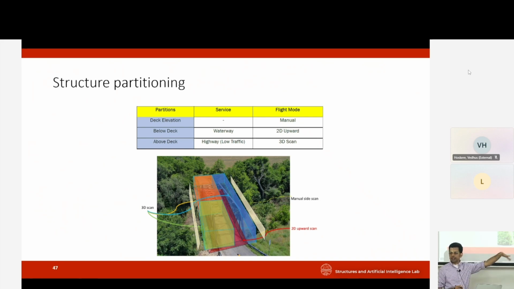Now these are disjointed scans, and we want to be able to tie them together. The easiest way to do that is to have a few oblique views of the side and bottom and the top. And so that's why we did a manual scan of this. Okay. Another reason is